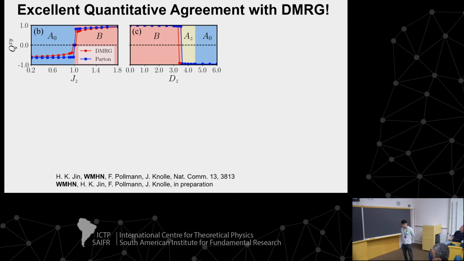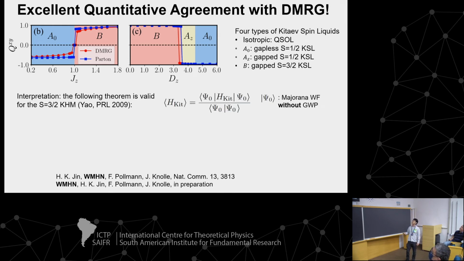Well, is this a problem of our mean field approximation? We don't think so, because there is an excellent quantitative agreement with DMRG for all values. And we actually have an explanation of it by extending a theorem for exactly solvable models to S = 3/2. And we have an interpretation that the mean field theory,